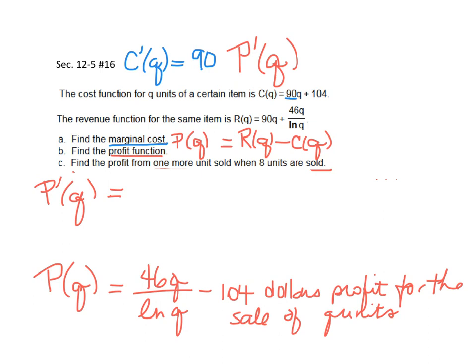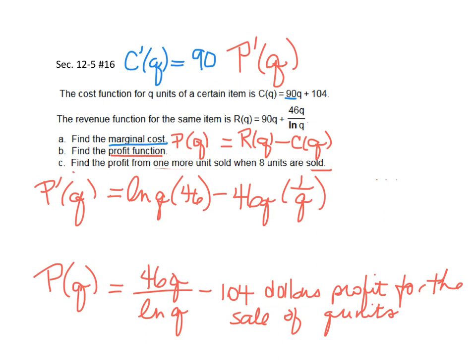That means that we'll take the denominator, ln Q, times the derivative of the numerator, which is 46, minus the numerator, which is 46Q, times the derivative of ln Q, which is 1 over Q,